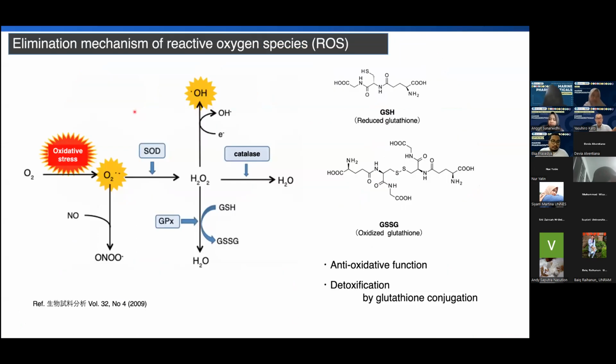This slide shows the mechanism of reactive oxygen species loss. Oxygen reacts with H2O2 and changes it to water. On the other side, now we are focusing on glutathione. Glutathione has two types. One is the reduced glutathione, which we call GSH, with this SH being the